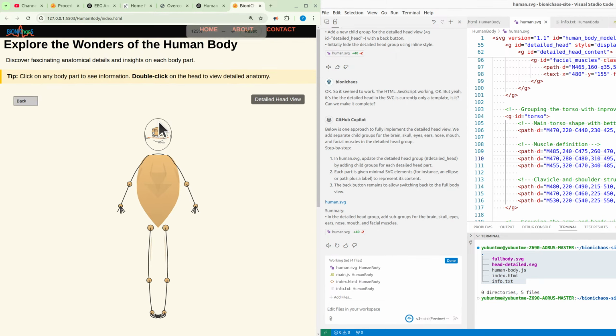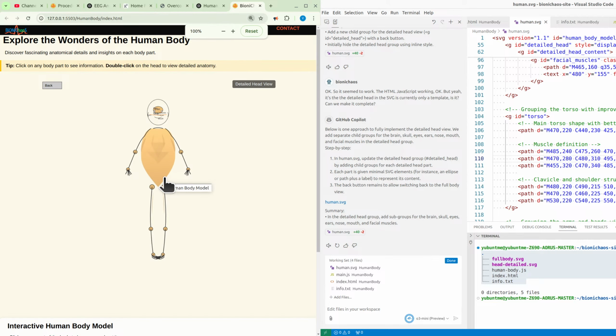Existing code before detailed head group. GID equals detailed_head style equals display none. Back button for